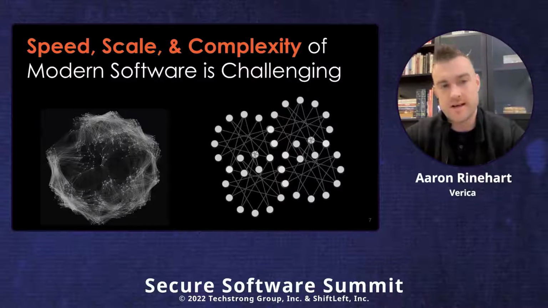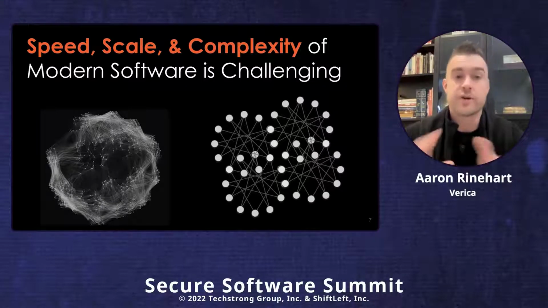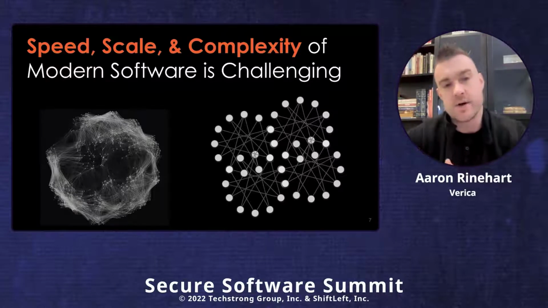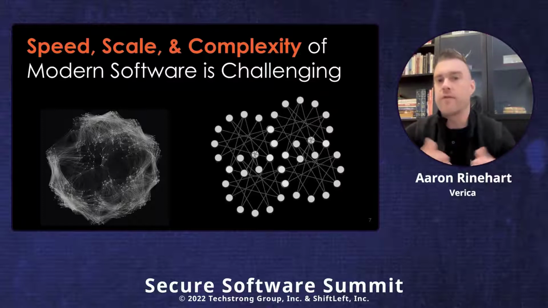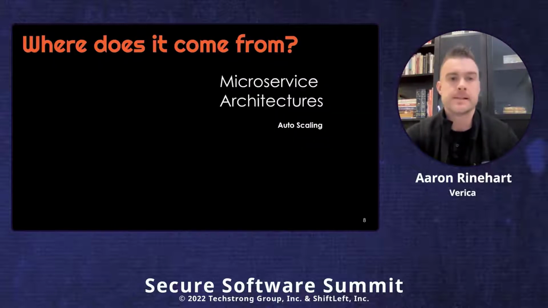If you look at this picture on the left here, you'll see a bunch of dots and lines connecting them. Well, each dot is actually a microservice. And remember, microservices are not independent, they're interdependent. So they're dependent upon each other. Our systems are quickly evolving into becoming larger and harder to model their behavior post-deployment.